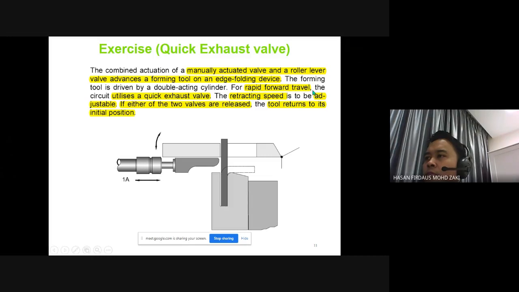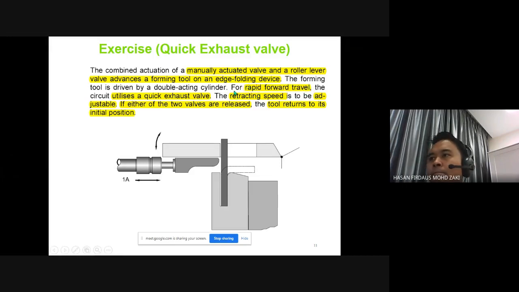For rapid forward travel, the circuit utilizes a quick exhaust valve, as I told you before. Other than helping in applications that need long piping, this can also be very useful for applications that need rapid forward travel,